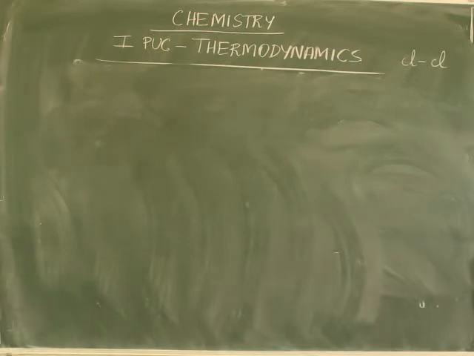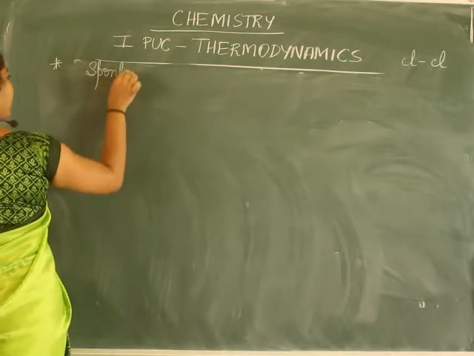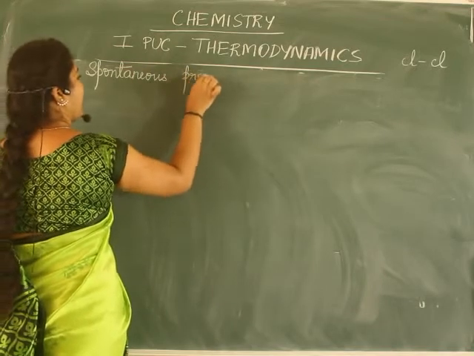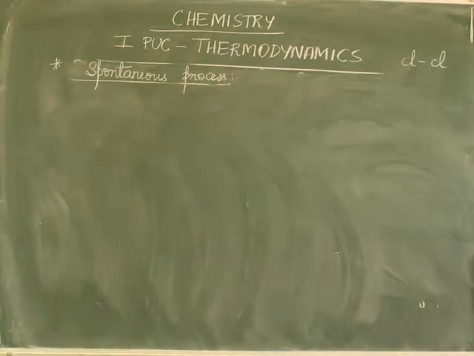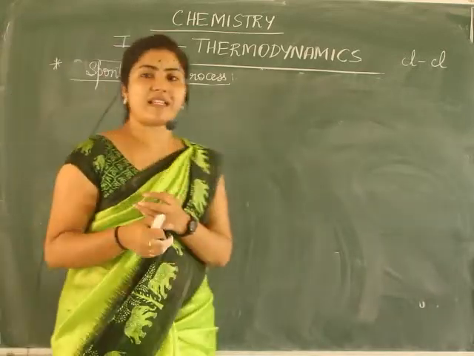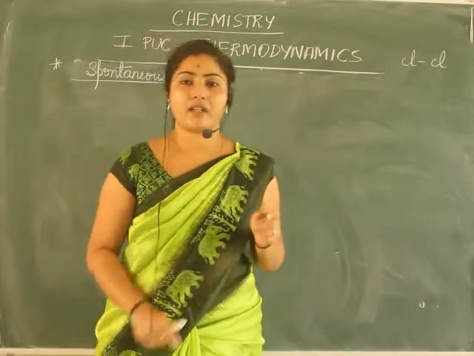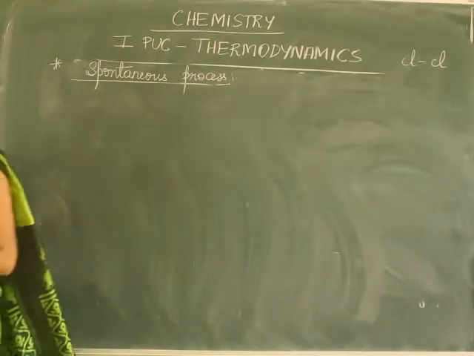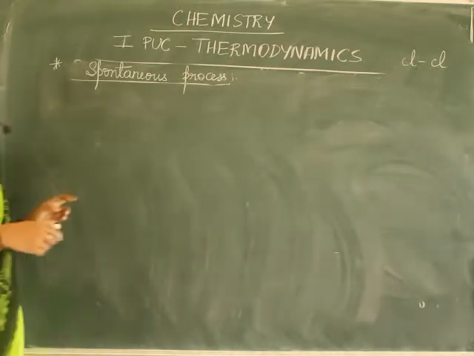In this unit, we study an important process called spontaneous process. So what is spontaneous process? Spontaneous process means it is an irreversible process. You cannot reverse that process, but using some external agency, maybe you can reverse that process. So spontaneous process means it is an irreversible process and may only be reversed by some external agency.